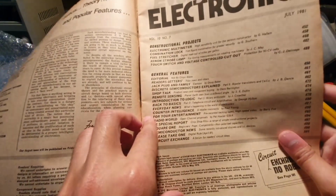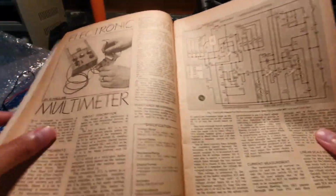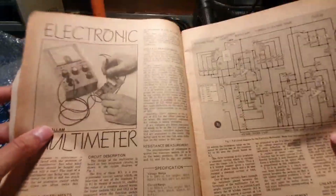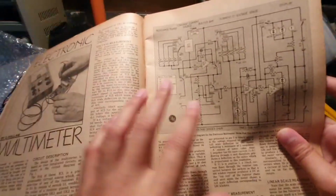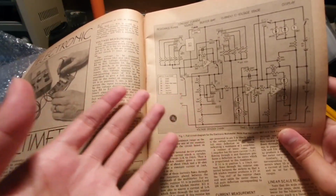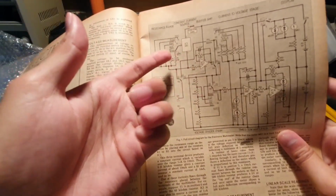Okay, to basic and circuit exchange, which is quite nice. Okay, what is very nice about the old school stuff is that they give you the circuit diagram. You can even build your own electronic multimeter. How does it work? What ICs are used? Like for example, here we got IC 3